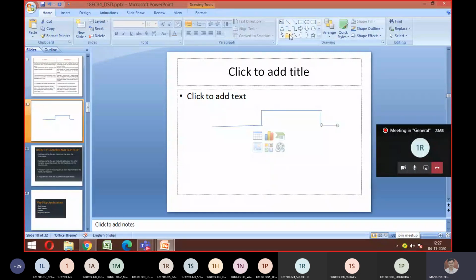If I say positive edge, it means at this particular point, the rising edge, from 0 to 1. This is called the positive edge of a clock. And if I say falling edge, that is this downward part. This is called the negative edge. So positive edge trigger is this and negative edge trigger is at this point. This is how you need to differentiate level triggering and edge triggering. Am I clear, everyone?